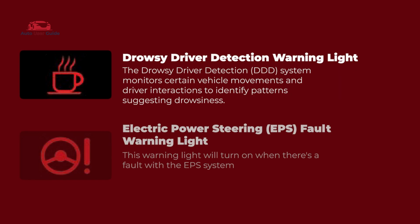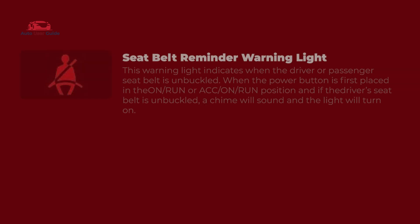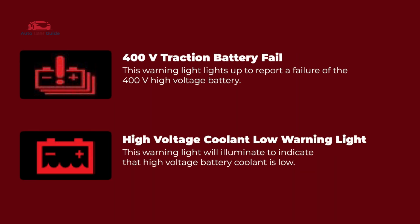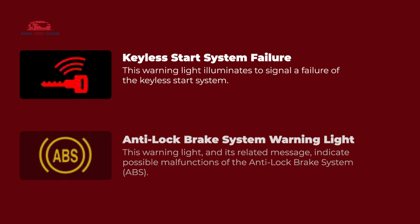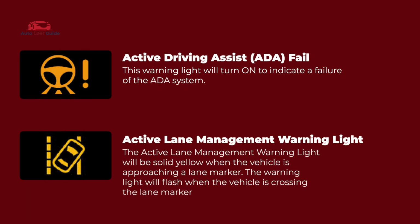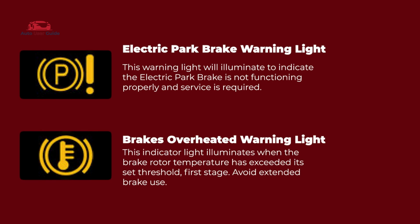drowsy driver detection warning light, electric power steering fault, seat belt reminder, service electrical system, 400-volt traction battery fail, high voltage coolant low warning light, keyless start system failure, anti-lock brake system warning light, active driving assist fail, active lane management warning light, electric park brake warning light, brakes overheated warning light,